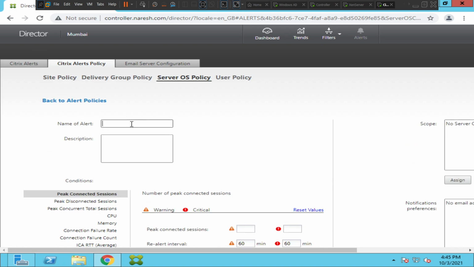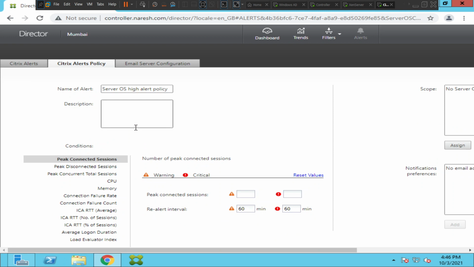Let's say server OS high alert policy. What I'm going to do is, if the connection failure rate is high, send an alert.